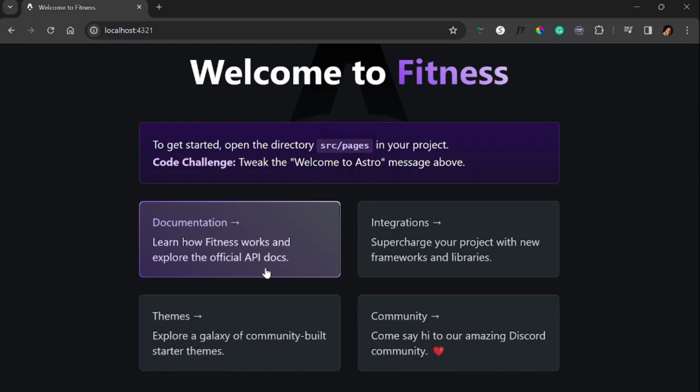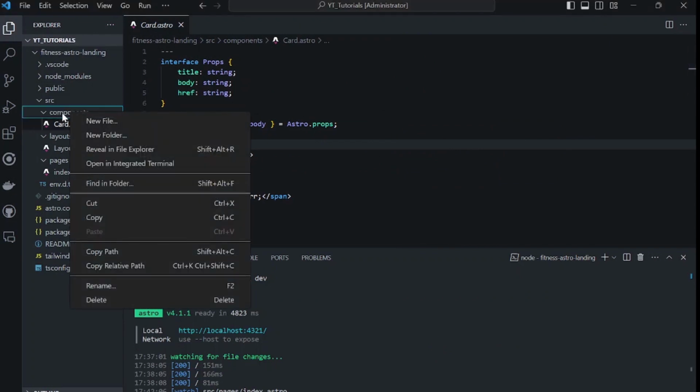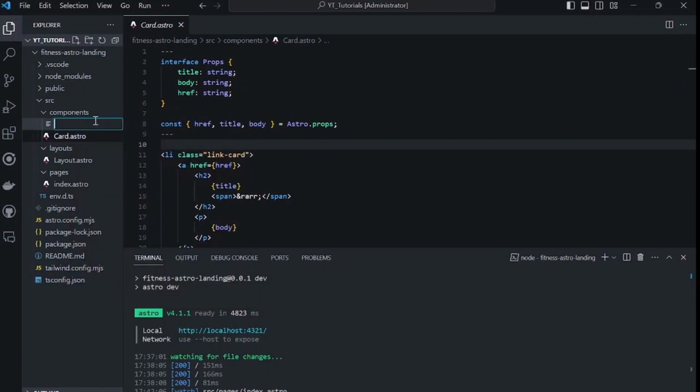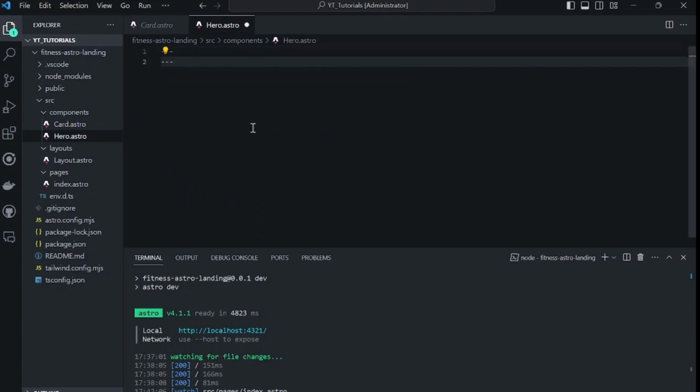So now we're going to go back and start coding out our components to make our landing page. Okay, so now let's create our own first component. We'll look at the hero component. So we'll right click on components and create a new file, and we're going to call it hero.astro, and this will refer to the hero section at the top of our screen,